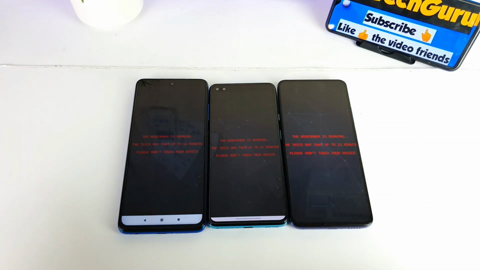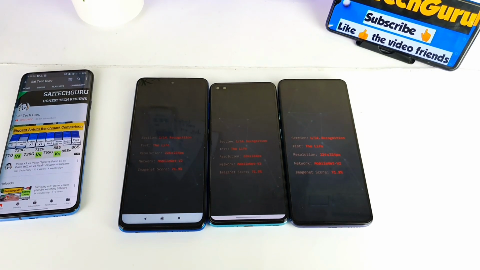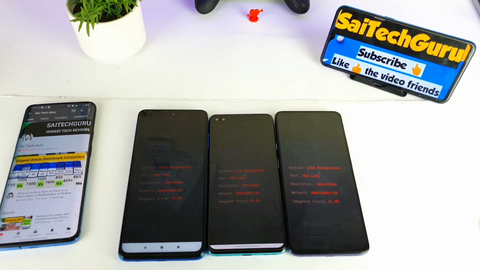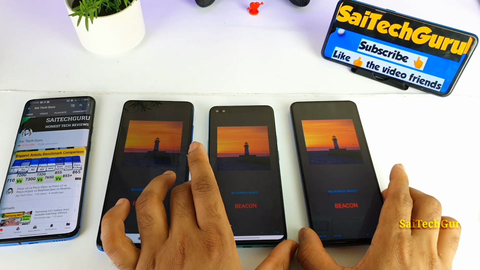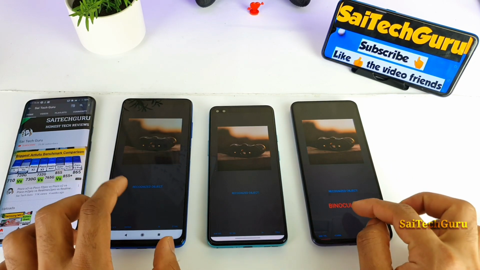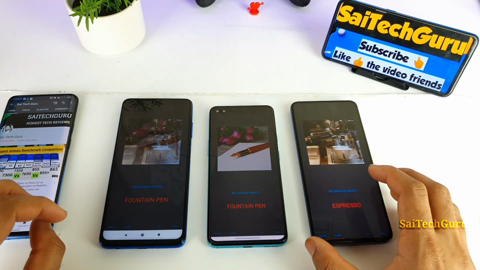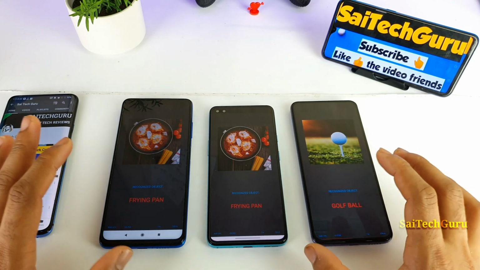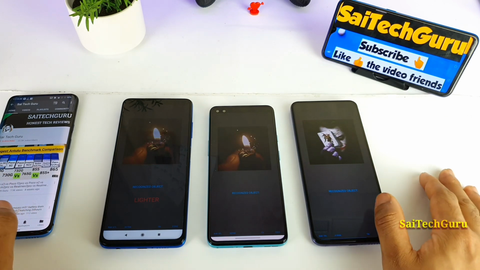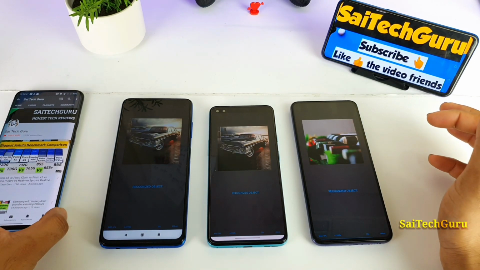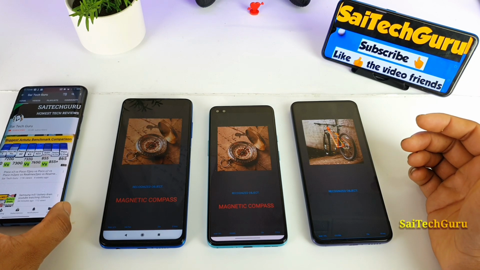As you can see, friends, the test has now begun, and it will take a couple of minutes, maybe close to 4 to 5 minutes, because it runs a lot of tests simultaneously. It will play a couple of images and try to recognize them. This is an artificial intelligence benchmark test going on here. Now it's running the images, and next it will run some kind of text as well. You can try this application too by downloading it on your phone, and do comment below what kind of score you are getting on your device.